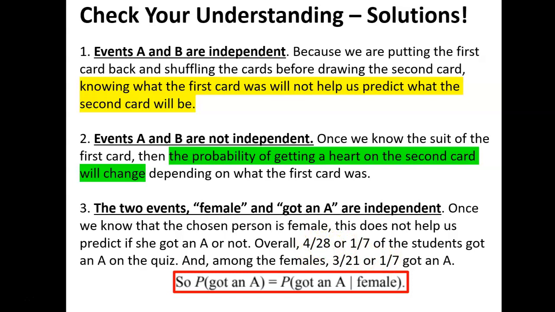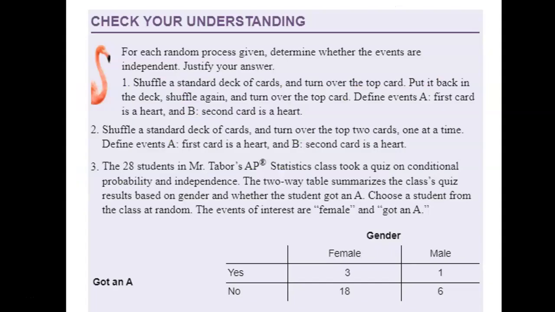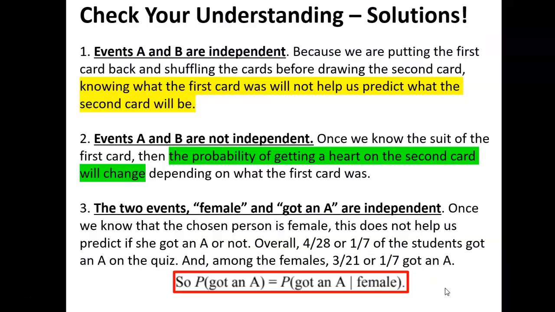This is so confusing about independence. Remember a few slides back, we said you can look at the conditional stuff and see if it equals each other, meaning got an A given female, got an A given male. Well, actually they didn't look at that yet, but we could. Got an A given male would be 1 out of 7. Kablamo! It's that same magic 1 over 7. So since the probability equals the other probability, no matter where you're looking, they're all 1 out of 7,